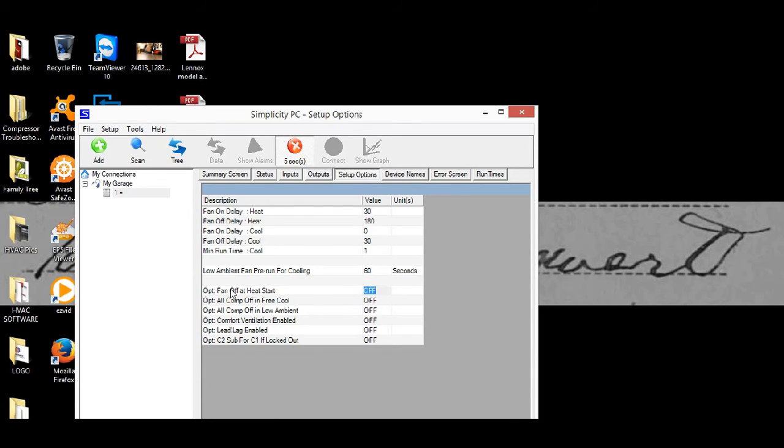Okay, next option, all compressors off and free cool. So right now it means off, on. All this gets confusing. So do we want all the compressors off and free cooling? We want this off or on? This is where I get confused talking about it. I can do it in my head, but talking about it, I get confused. So, all compressors off and free cooling. If we have this off, that means we are allowing the compressors to turn on if there's a call for Y2. If we turn this to on,